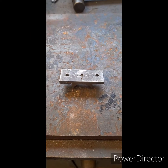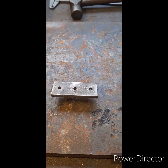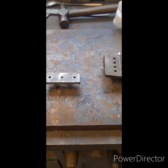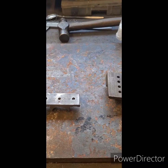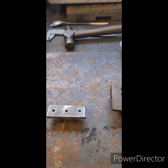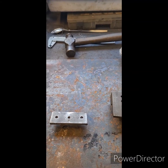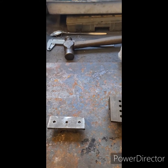You've seen my progress on the gears, coming along nicely. I had to order 4 of them, 4 of the castings, so you'll see in a future video me machining those up and cutting the teeth. I just didn't have the material here, and it ended up being more expensive to order like a 4-inch cast iron billet and trying to cut that, so actually the castings were the better